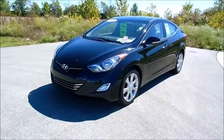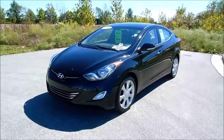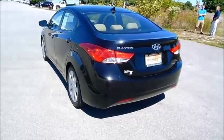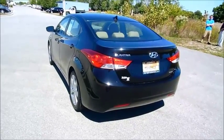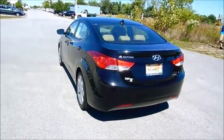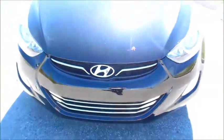Here today I have the 2011 Hyundai Elantra Limited. And this is going to be a full in-depth tour of the Elantra. We'll start up the engine, go to my homestead and get a soft clip, and show many of the features towards the exterior. So, without further ado,